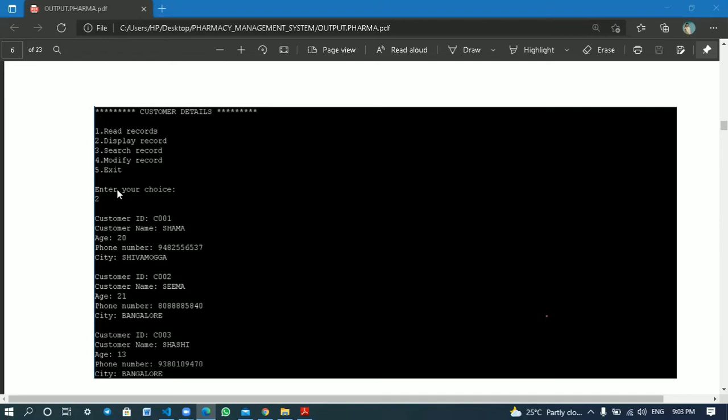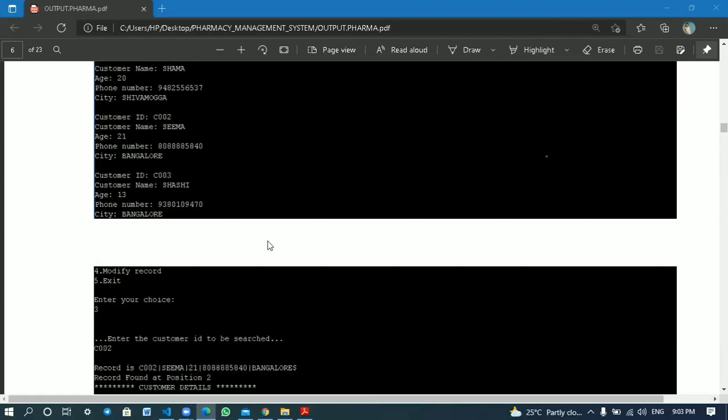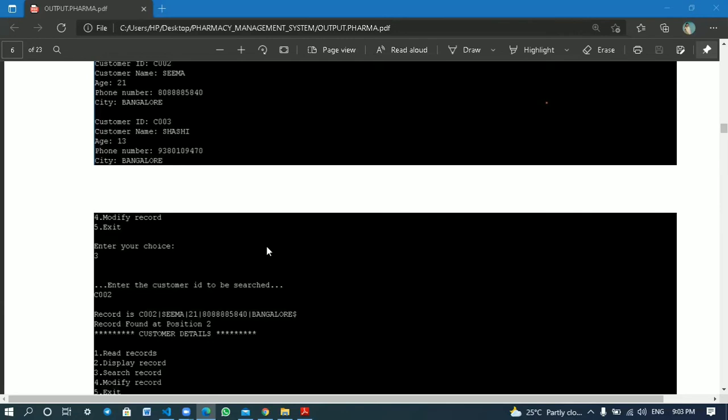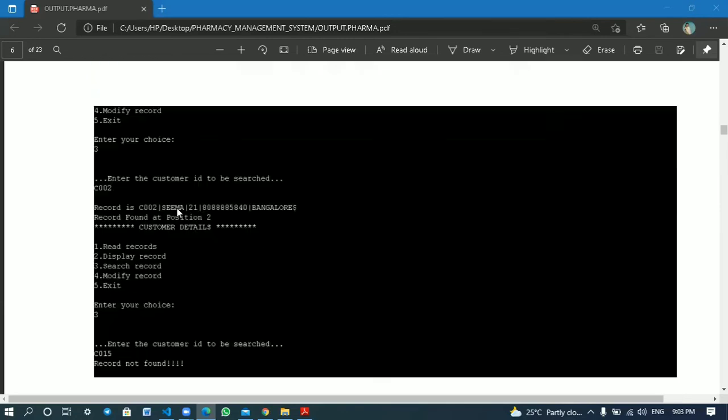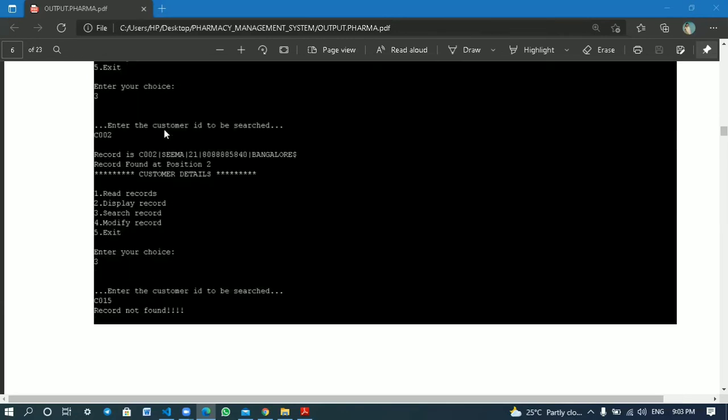If the user enters the choice as 2 to display, then it will display all the records in pharmacy2.txt. If the user enters the choice as 3, it will ask the customer ID to be searched. If the ID to be searched is present, then it will print that particular record and the position of that record.